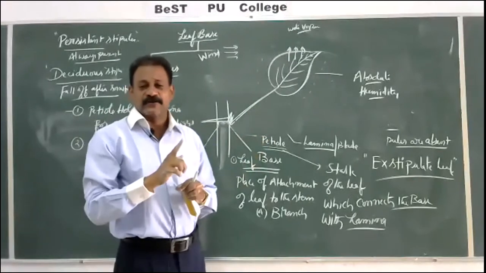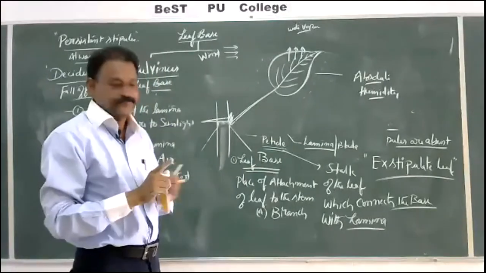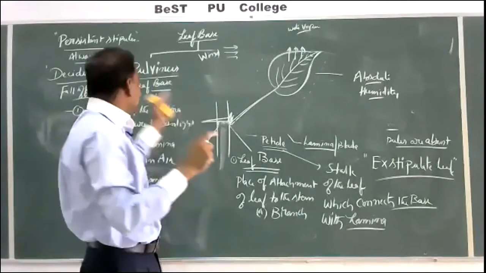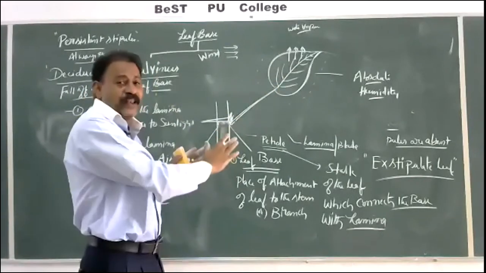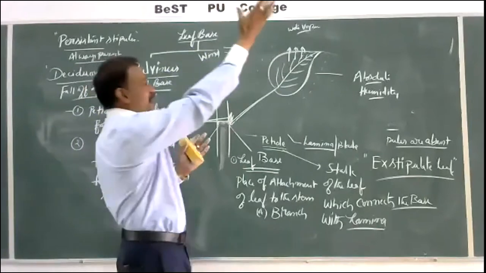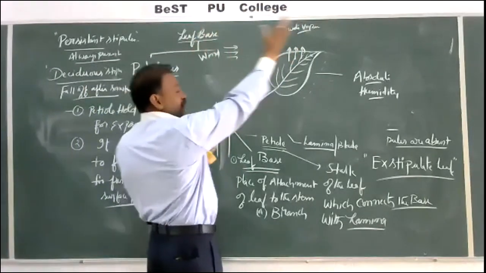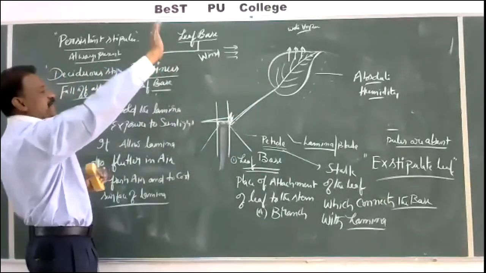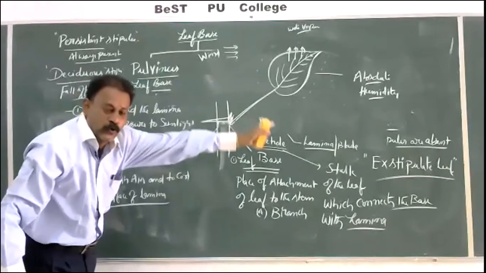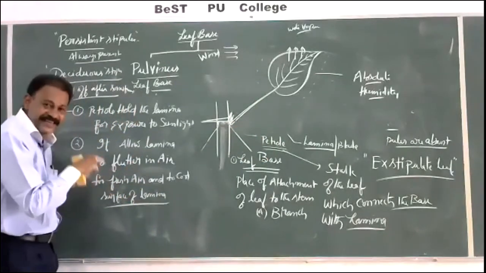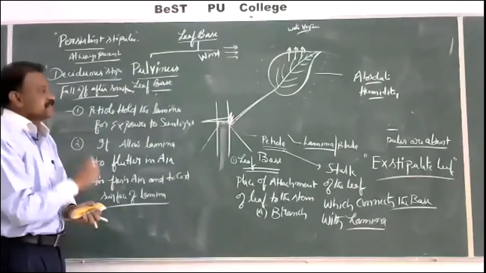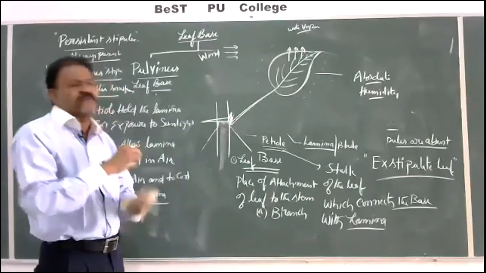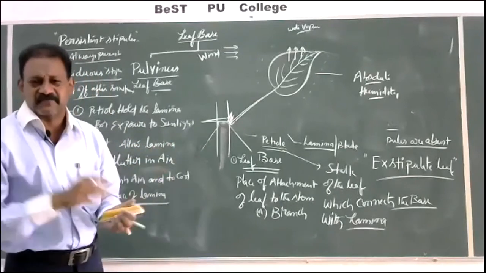One sentence, my dear students, they have given on page number 70, first paragraph, beside this diagram. Petiole holds the leaf lamina properly for exposure to the sunlight, first concept, and petiole allows the leaf lamina to flutter freely in the air to get it cooled. Here cool means like this. And this is called conceptual. Based upon the concept, they can ask various types of questions, tens, twenties of questions.